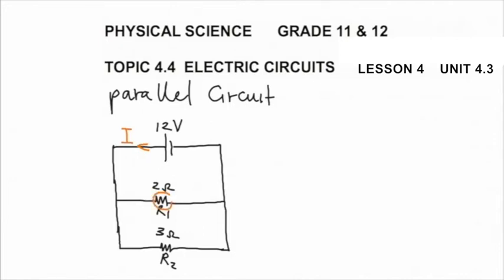These are 2 resistors. Basically, if they were represented as bulbs, what you would see is that when the current is flowing through these 2, they will produce what we call light. This light will come as a result of a continuous amount of charge flowing. Therefore, to calculate the effective resistance of this parallel circuit,